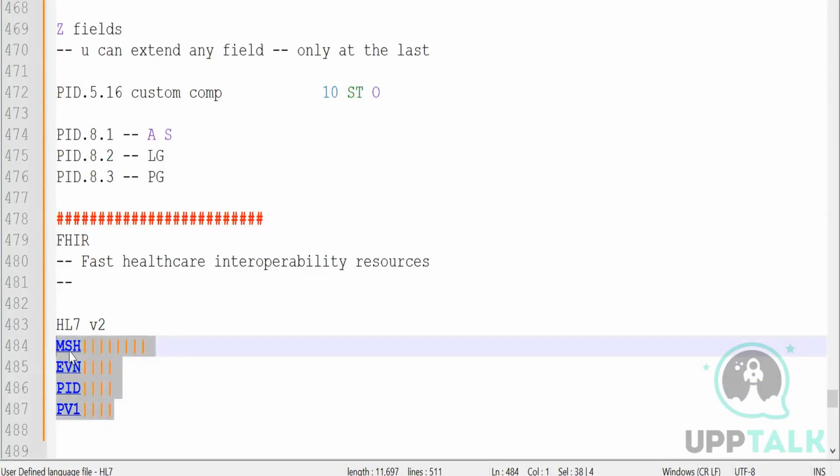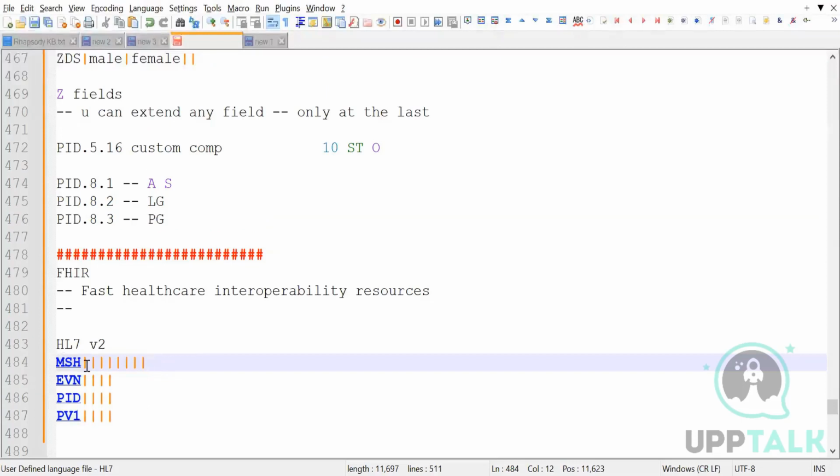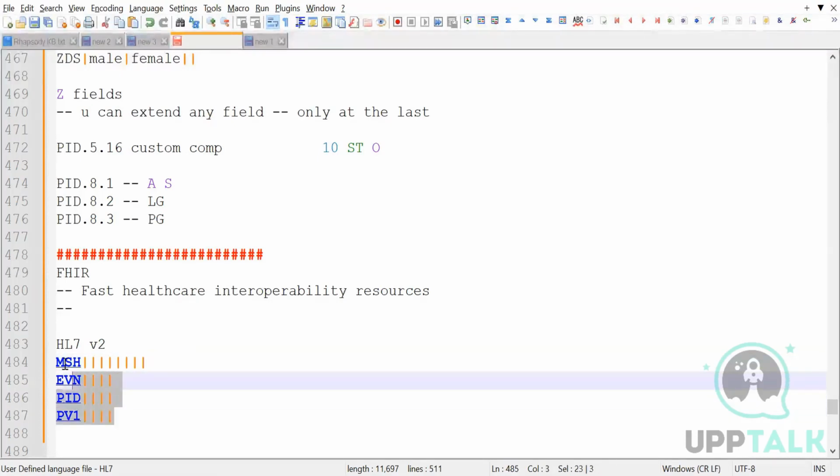Make sense? Or am I just making it extra complicated for you? These are the mandatory segments, and there will be mandatory fields within the segment. You need to populate them. Minimum, if I have to just send demographics for creating a patient, I need to send this much data set